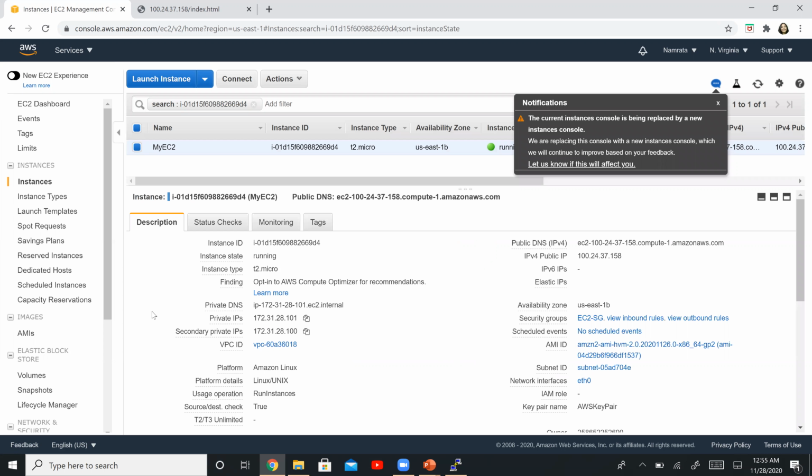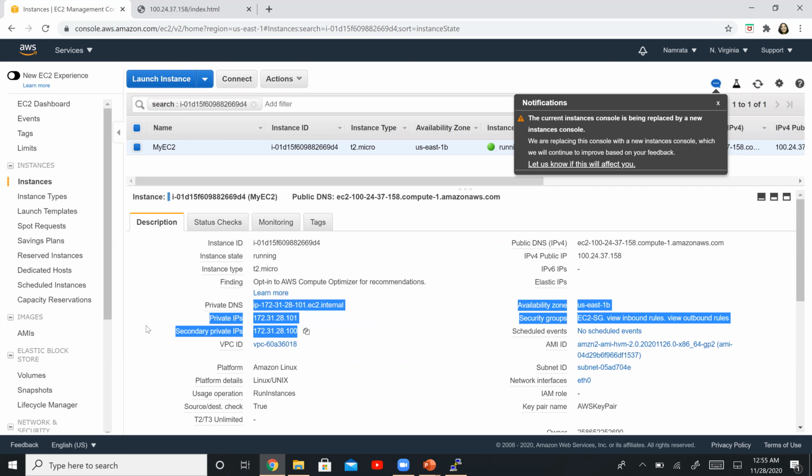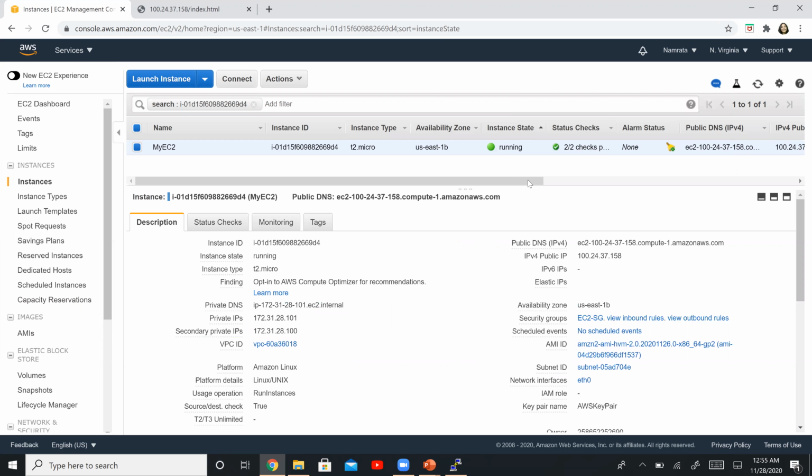So here you will see actually now that we have two IP addresses, right? I think they're still working on the new experience, but here are the two private IP addresses.